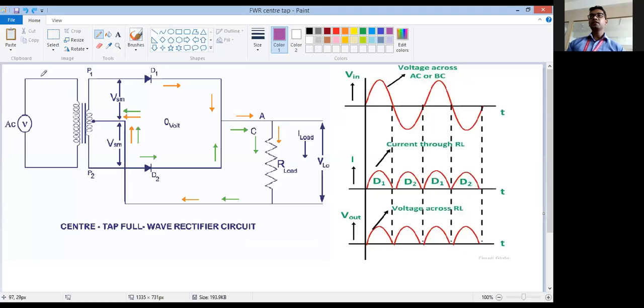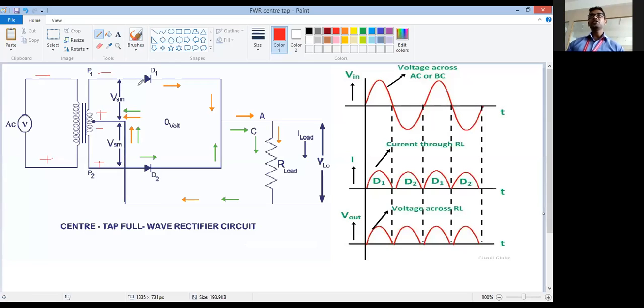So obviously, what will you get here? Here the negative terminal. You will get the negative terminal here. Here you will get the positive terminal. Correct? Positive on the lower side now, negative on the upper side now. So obviously, what will be at the secondary side? The polarities on the secondary side will be negative here, positive here, negative here, positive. Correct? Getting na? So see, the polarities are reversed now.